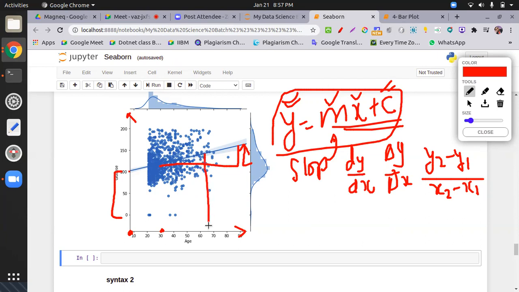So what happened here? We just put the three values c, m, and x. It will return the calculated value of y, and this is known as the predicted value of y, because all these y values lie on a line. You can also get the value from here by dropping the x's over here. These are the y values. These are very wide concepts. I will cover them in a particular chapter, so don't be bothered, but think about that.